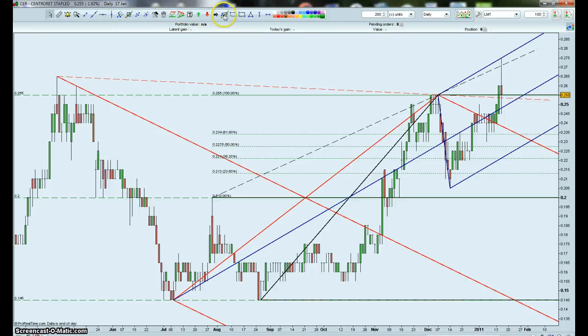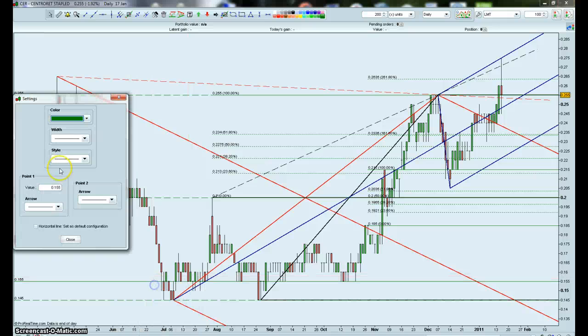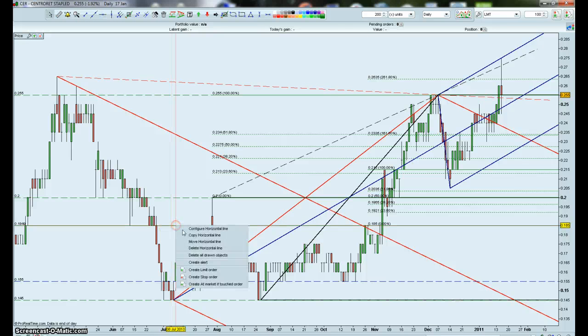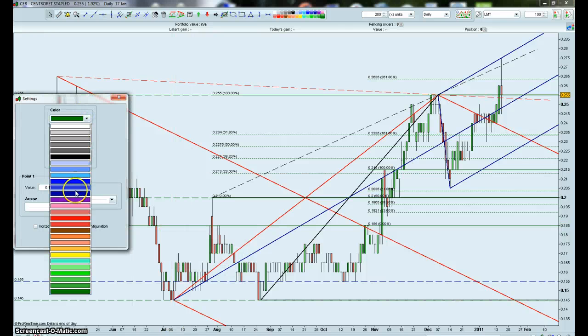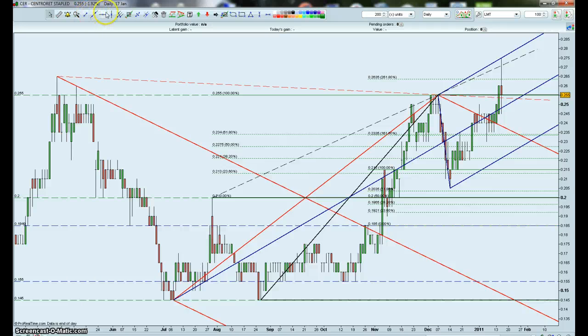But let's keep going. How about we try from this low, make this our action line here, and if we made that our middle line, and that would take us up to, and that's our new action line. I'll colour that blue. Our middle line, I'll colour that blue as well. That's probably a faster way to colour these, but anyway. And then the reaction line at 100%,